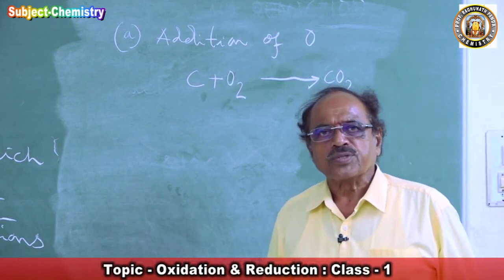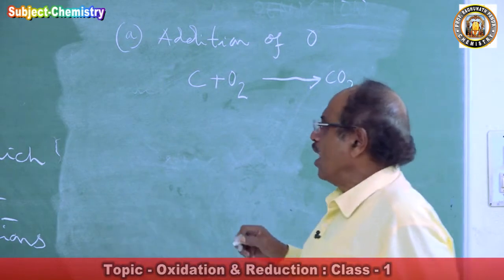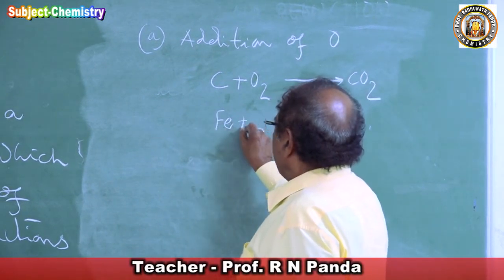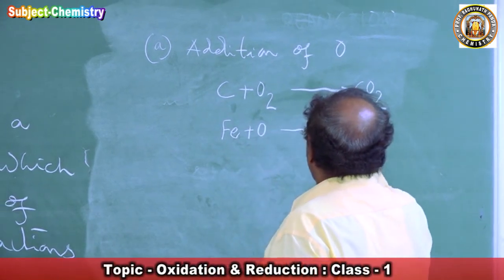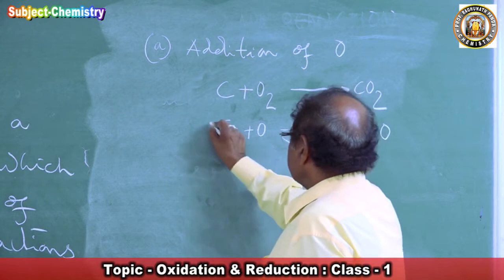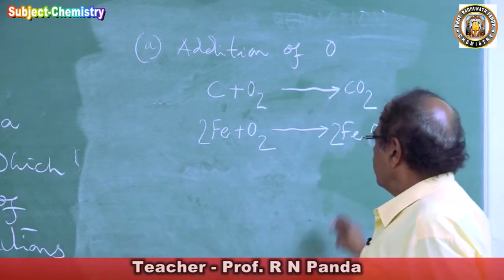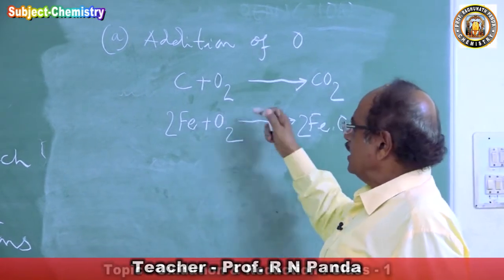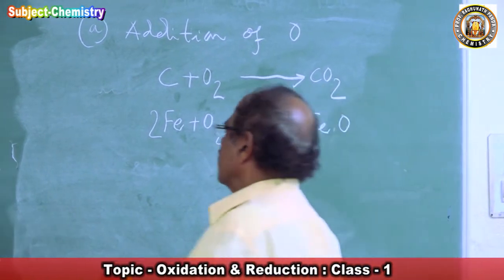Suppose a question comes. We say the oxygen is added, hence the carbon is oxidized. Or we have iron, and we are adding oxygen to that, and this forms FeO. So the formation of ferrous oxide from iron is because oxygen is added to iron, so we say that it is oxidation. Second,